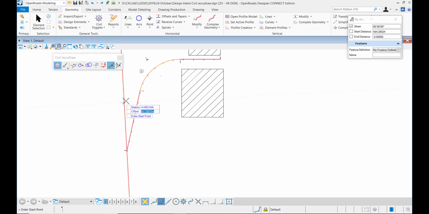First you have to read the prompts. It will ask you what kind of element you want. By pressing the letter O, it will allow you to change the reference. So that's what you see. Now the stations are running differently. Now I will use the tab key to enter the value, like 3800 and